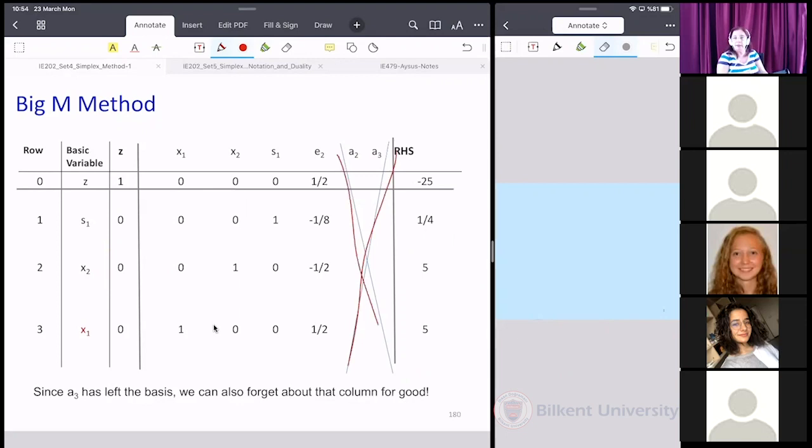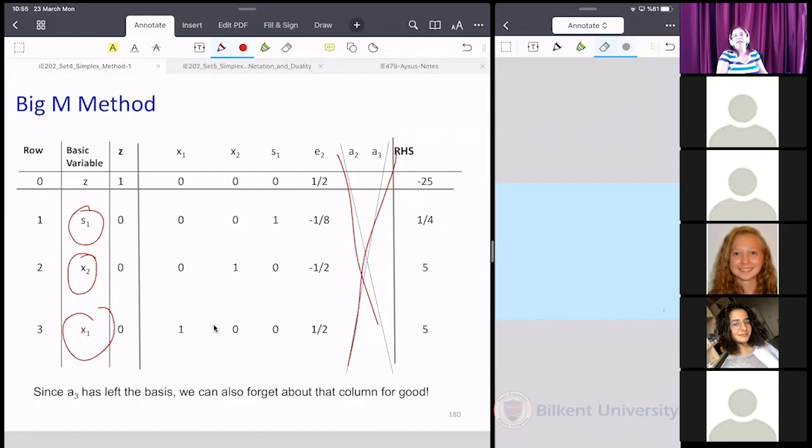I don't need to bother with them anymore. My first slack variable, x2 and x1, are my basic solutions. Now, if I had known these at the very beginning, I could create the simplex table, but now I utilized my artificial variables to help me through the process. Now I have a legitimate simplex table. I can utilize and use the original simplex algorithm. Now,